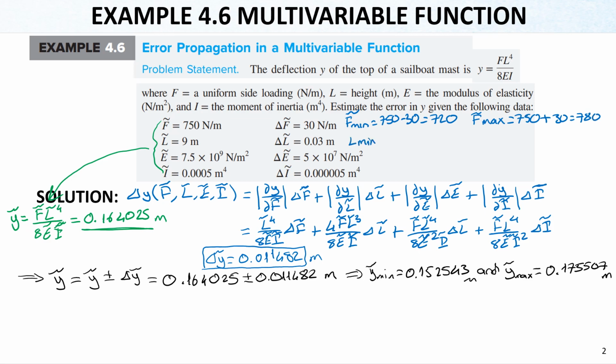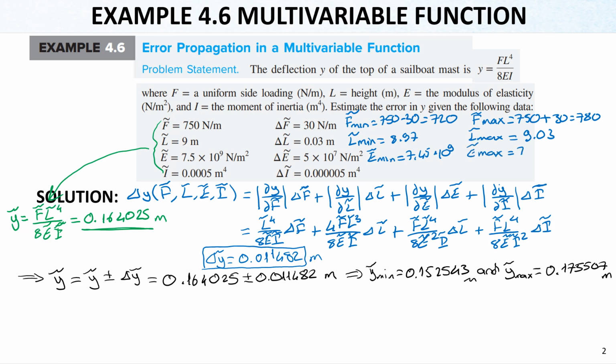L min, and let me write just the results. It's just 8.97, and L max is 9.03, and E min is 7.45 times 10 to the power 9, and E max